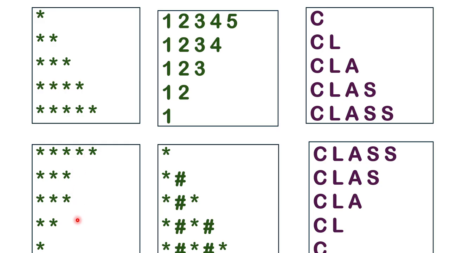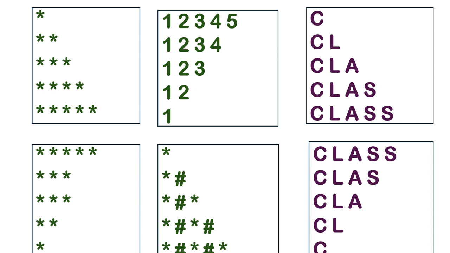Then it's the reverse order we will see. Then these numbers, how to print them. Then there may be a star-hash combination, so even places different, odd places different characters. And then the letters pattern we will see: first row 1 character, second row 2 characters. So this is the way we are going to see how to print all these patterns through a program.